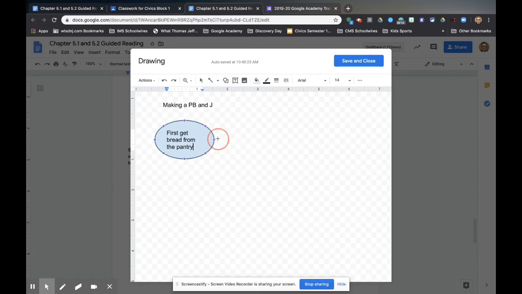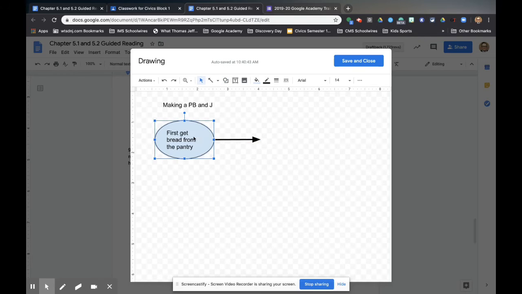We can even use arrows, because then the next step, you can also change the weight of the arrow by going here, going to the line weight, and you can make it thicker so the arrow is a little bit bigger. Okay? And then you can add subsequent circles. So we go back. If you want these to be the same size,